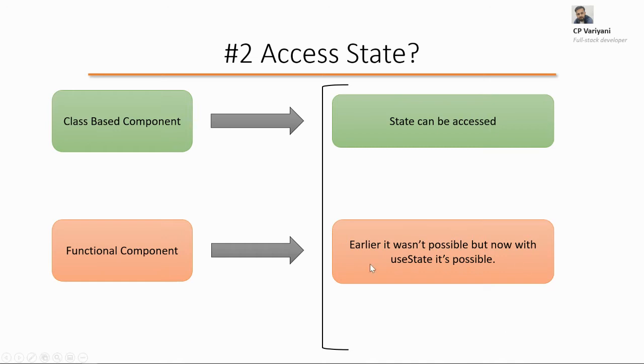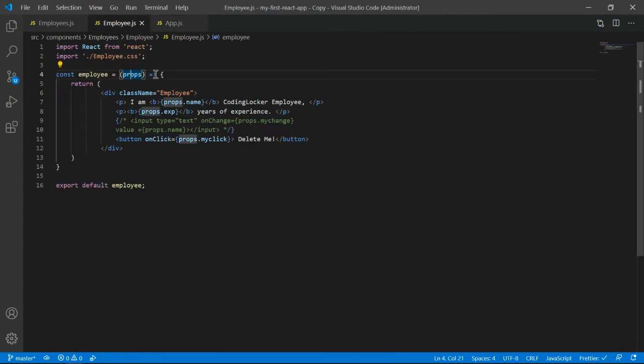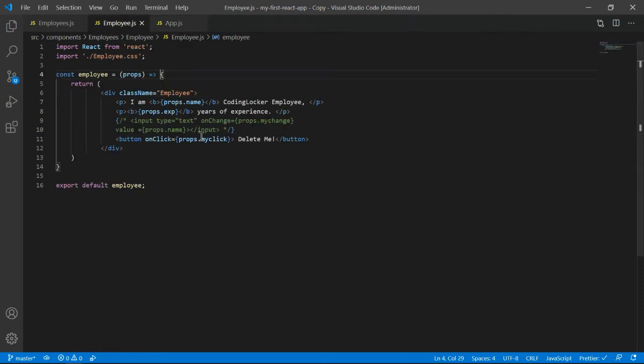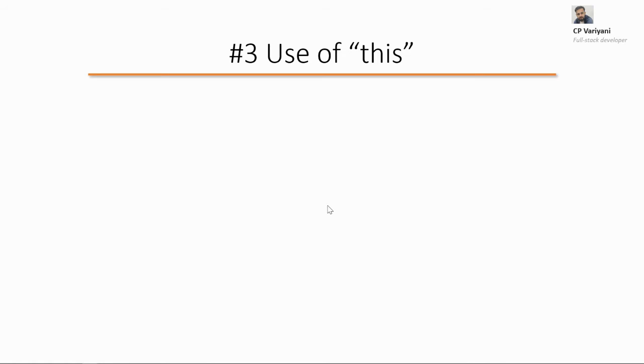But in that case, you have to make use of the useState React hook. If you remember, in part five or part six, we updated this functional component to make use of useState, and we saw how we can manage the state. Although I have removed the code, because it is recommended that whenever we are managing state, we should do it at the class level, although we can do it at the functional level as well. Of course, there are many scenarios where you will see yourself writing state management in the functional component as well. That's not an issue.